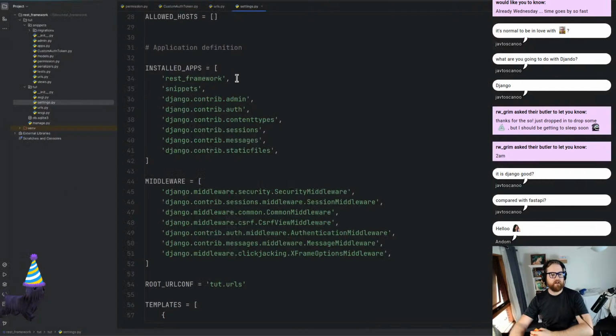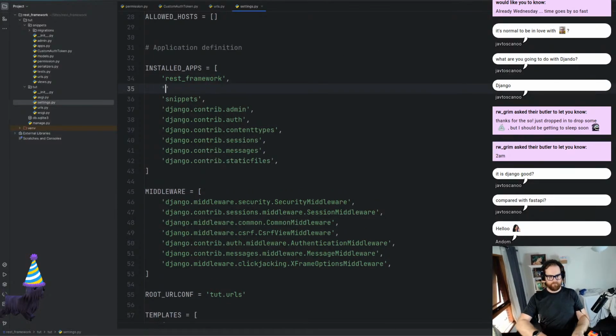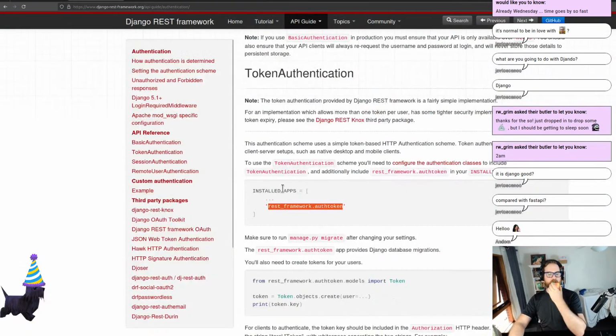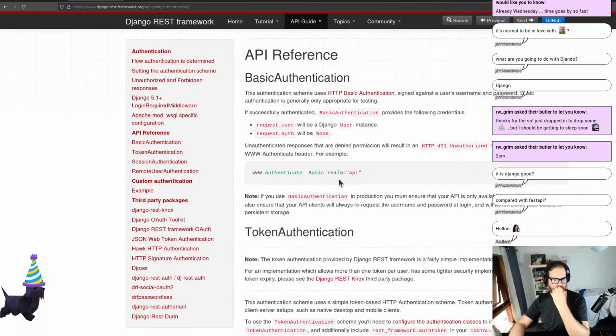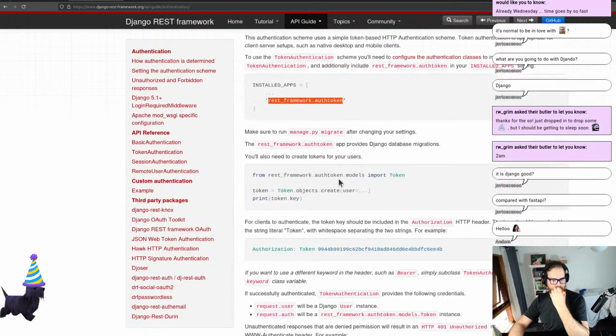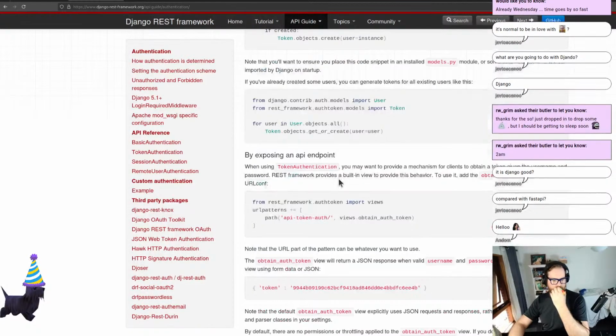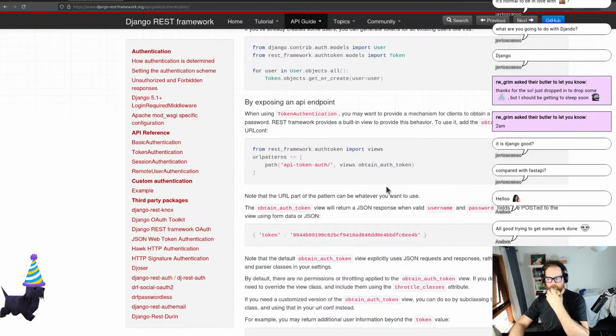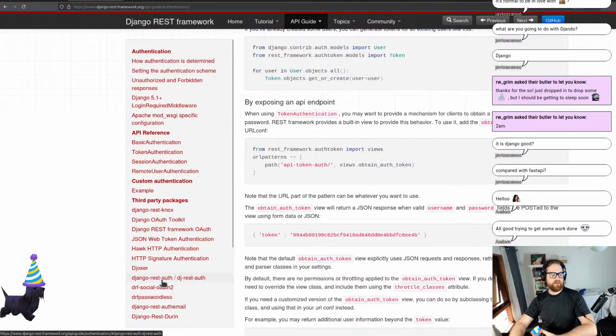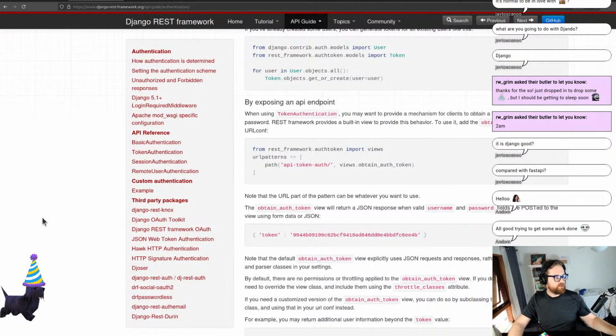All right, installed apps. There we go. So I need to put installed apps into there. Oh, good, trying to get some work done. Fair enough. Oh, I've just realized